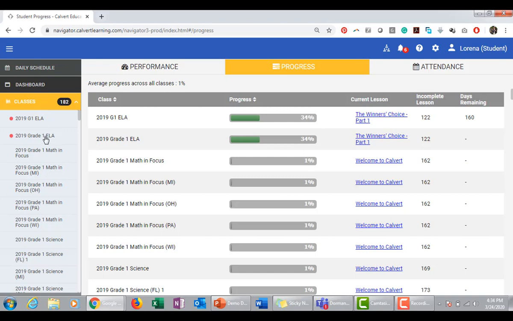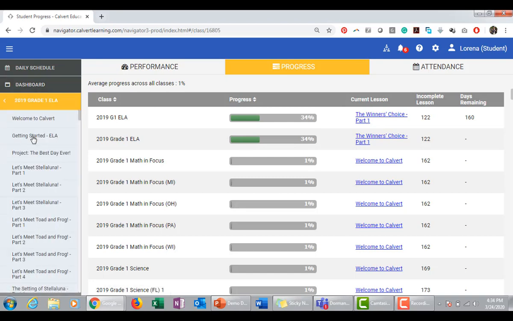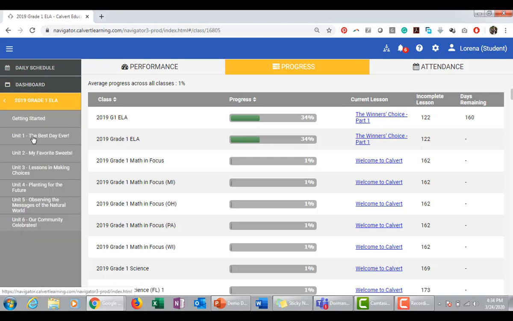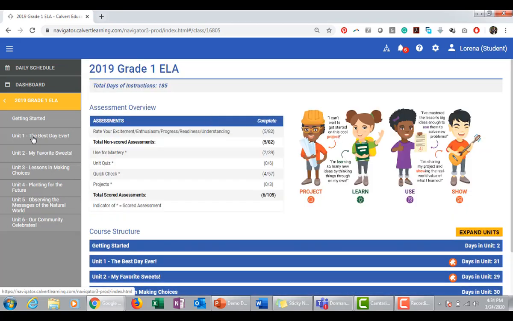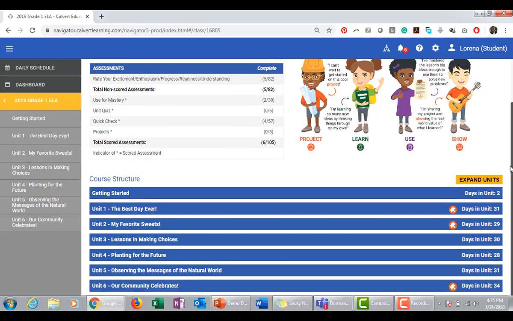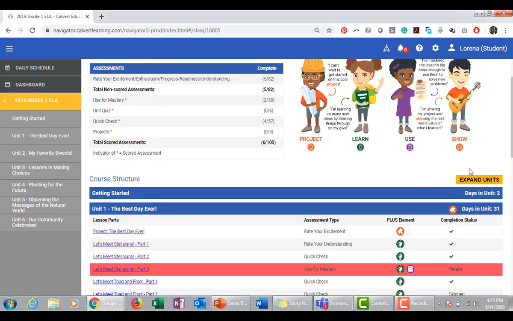You can also access individual subject areas over here on the left-hand side where you see classes. If you click on one of these classes, it's going to take you to a course outline view. And this course outline view is really helpful because it gives you an idea of where you're going as far as your unit of study is concerned. So I can see from this course outline view how many of the different types of assessments there are in each individual course. And then if I go down here and open up one of the units itself,